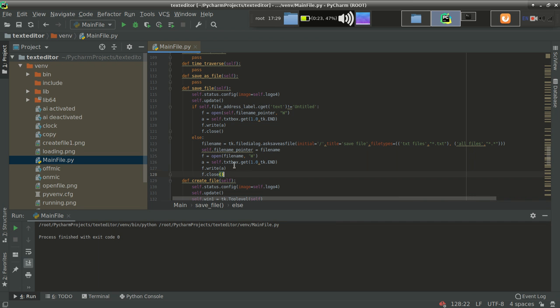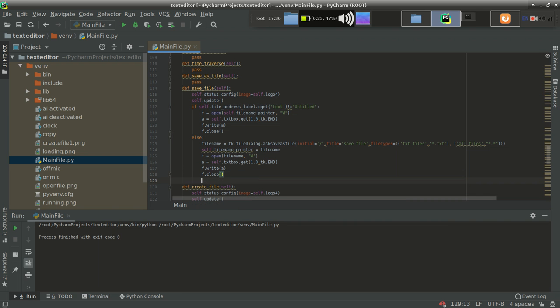So everything is fine till now. We have closed the file also, but one more thing we have left, and that is we haven't changed the untitled label, because we have saved the freshly created file. So we have to change the address label also, this untitled label, which appeared in my GUI. Up to this point we have only saved the file, nothing else.